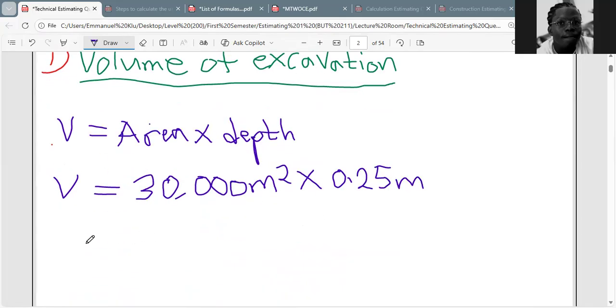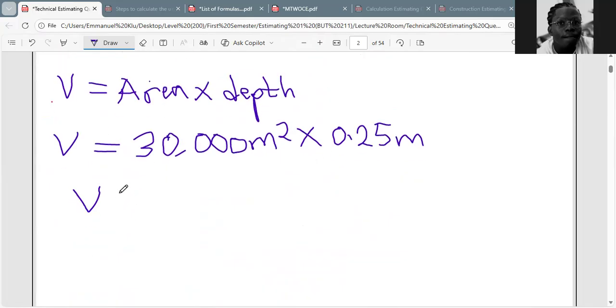So at the end of the day, what is our volume of excavation going to be? Let's multiply it together. 30,000 times 0.25. What are we getting? We are going to get 7,500